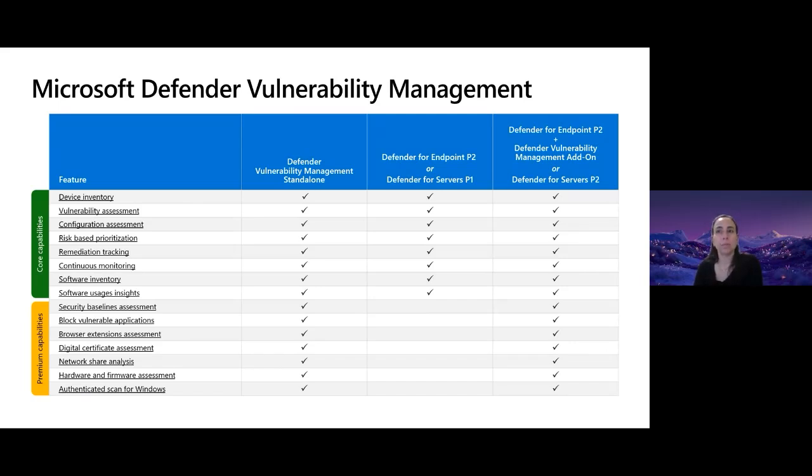This can also provide configuration assessment, security configuration assessment, and of course, the ability to track and monitor all of that, and a list of software inventory in your organization. On top of those core capabilities that come with MDE, with Microsoft Defender for Endpoint or the E5 package,